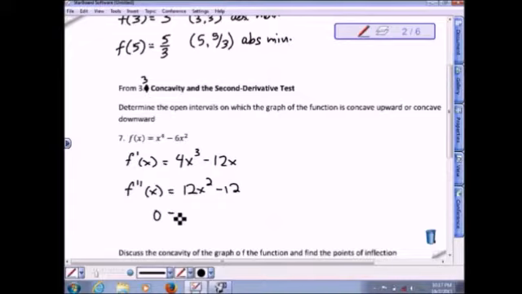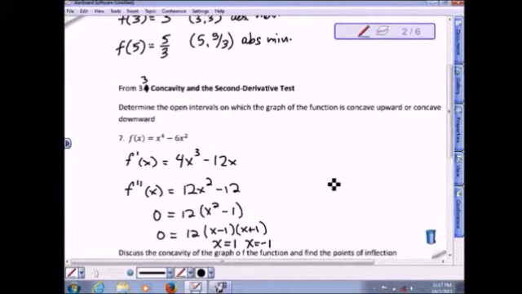That's the second derivative. If we set this equal to 0 and factor out a 12, and then factor using difference of squares, we can see that the two points of inflection here, or the two x values that make the second derivative equal to 0, are x equals 1 and x equals -1. So now this test looks like it's similar to the first derivative test. It is. It's the second derivative test though,